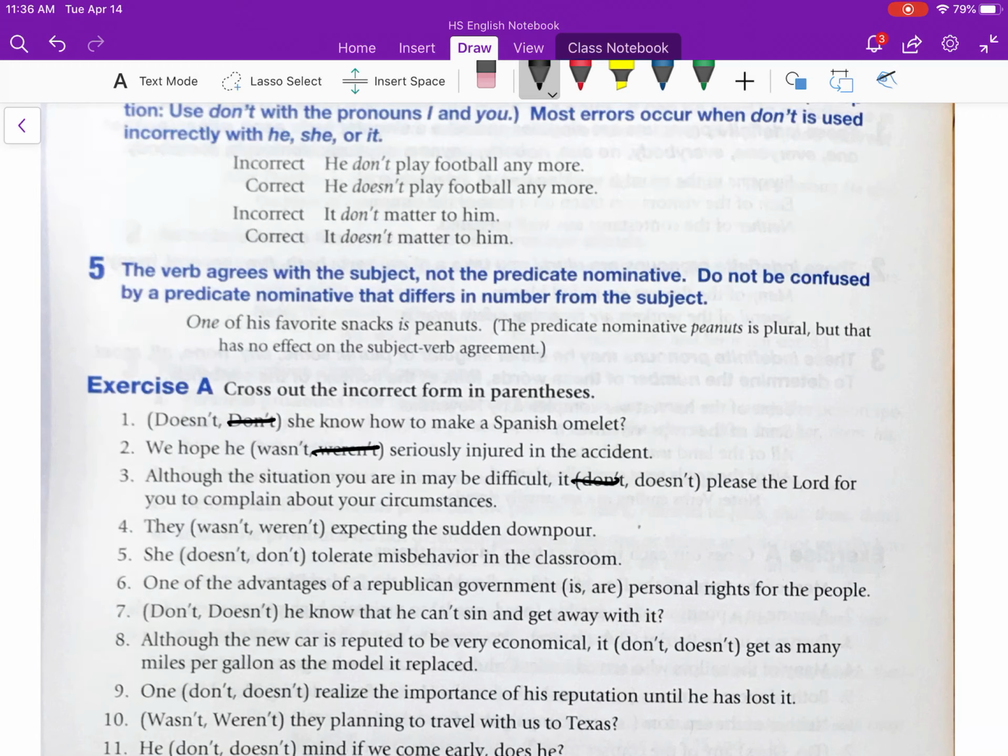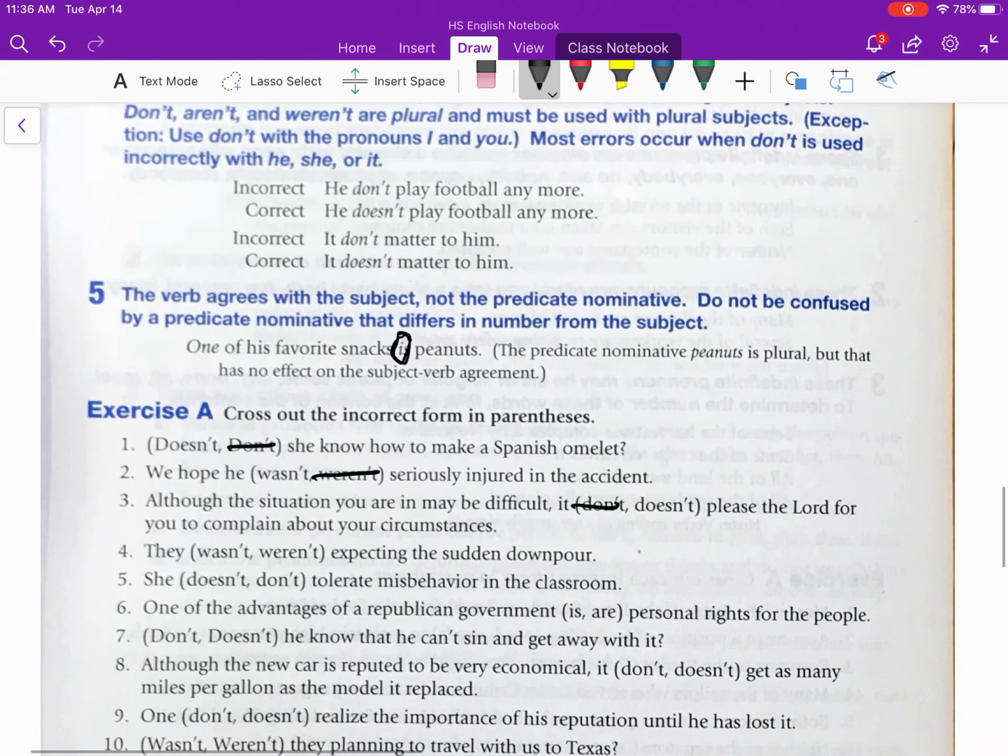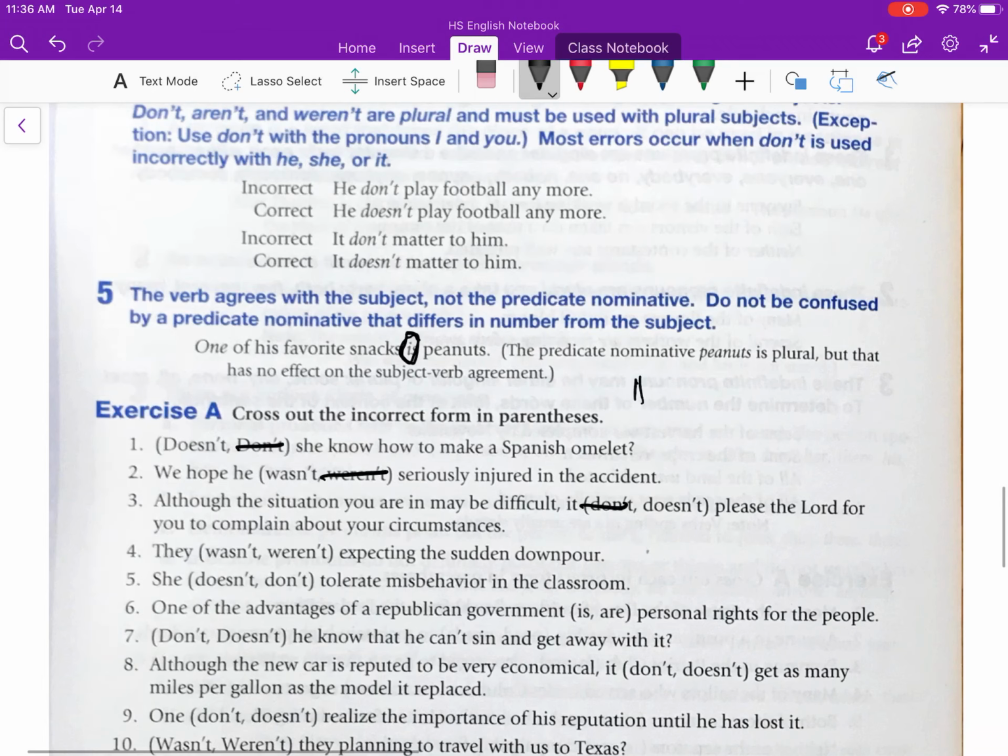So remember, if you have a predicate nominative, that means you have to have a linking verb, such as the word is. And then you have to have a predicate nominative that differs in number from your subject. So if you're going to say he